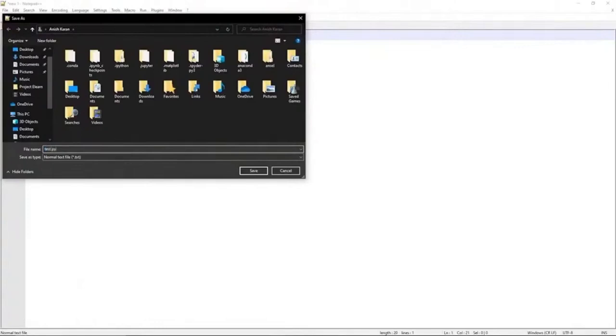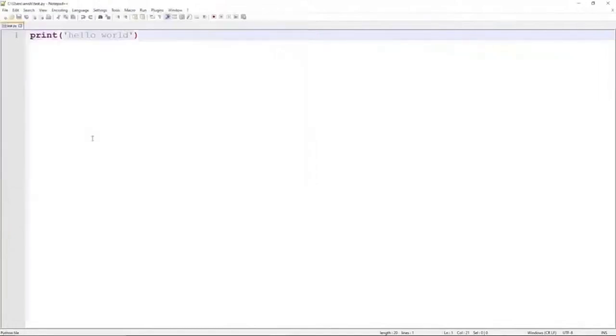I need to add .py to it, and this tells any interpreter, or anytime we need to read the script, that it's a Python script. Otherwise, it will not be treated as a Python script. It will be treated as some normal document. So now that I have stored it as .py, I have created my first Python script.